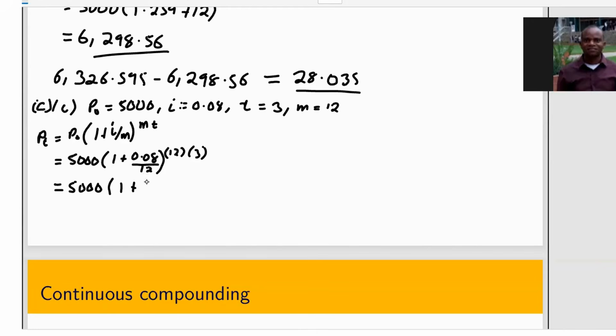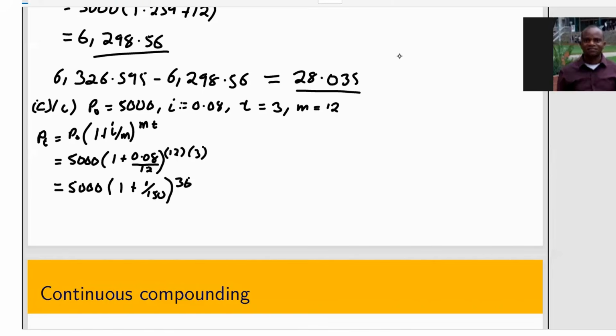So let me not compute it first. If you convert to a fraction, you get 1 over 150. Then 12 times 3, we get 36. So I would first start with what is in the brackets. I know if I say 0.08 divided by 12, it's the same as 1 over 150, which is the same as